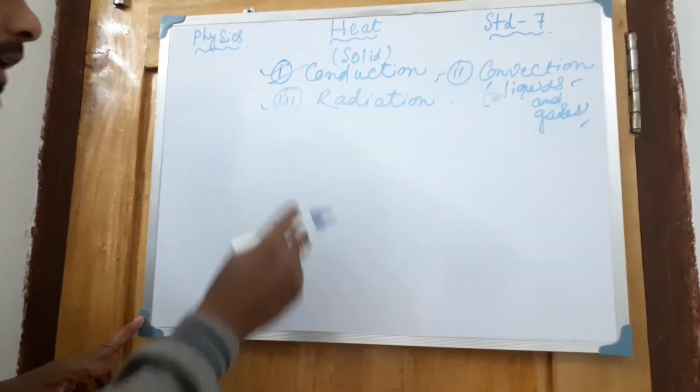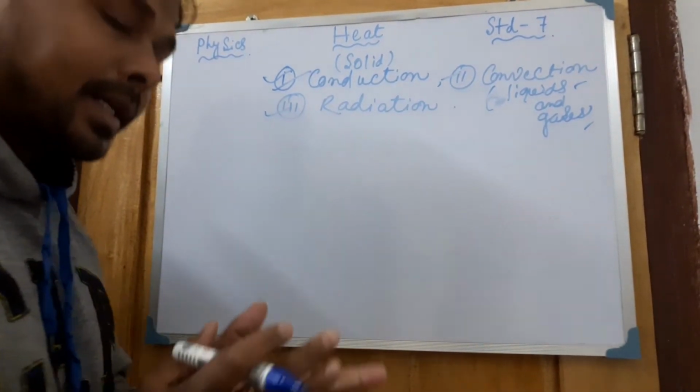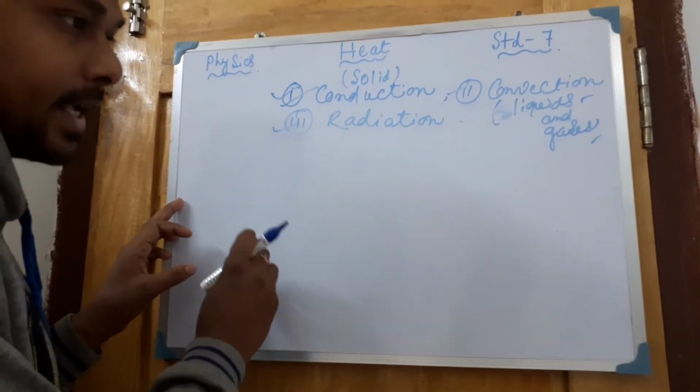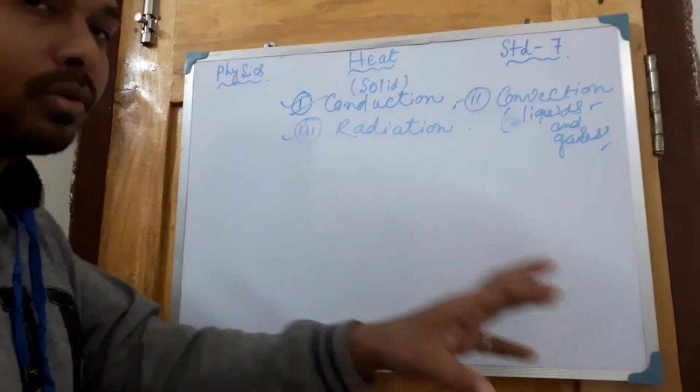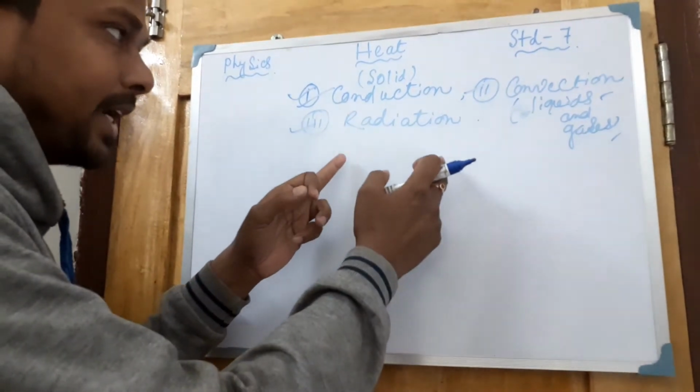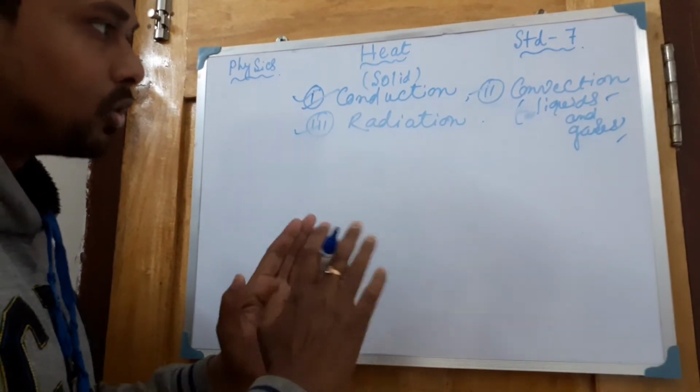Suppose you are talking about the radiation process, what does it mean? In the last example I told, some stones are kept here, one person is here and he has to throw all these stones to a particular portion. He is not moving anywhere. So in this case the medium will not move. No one will move.